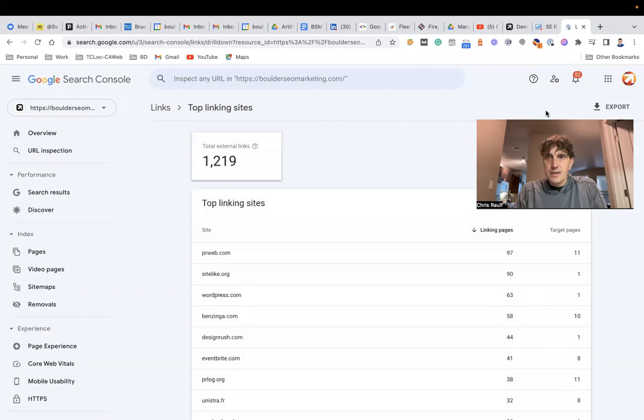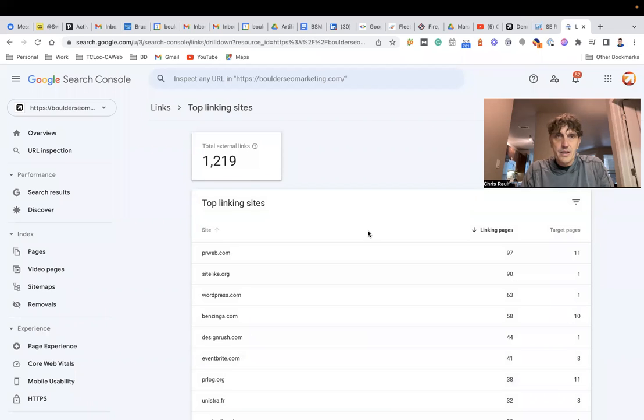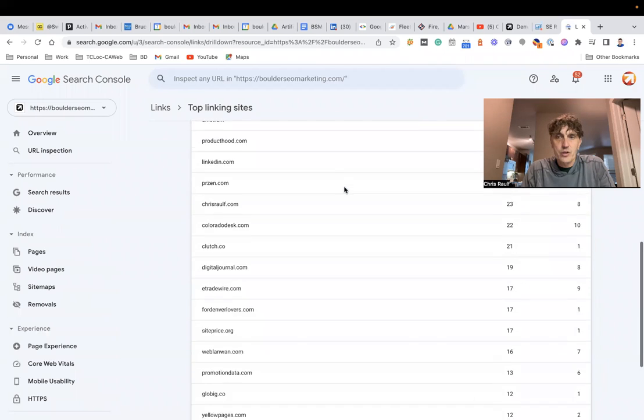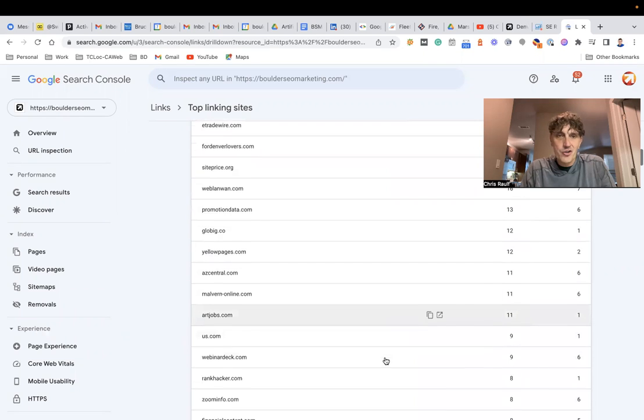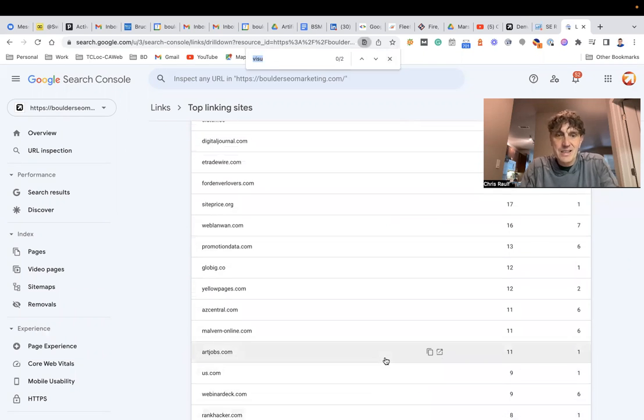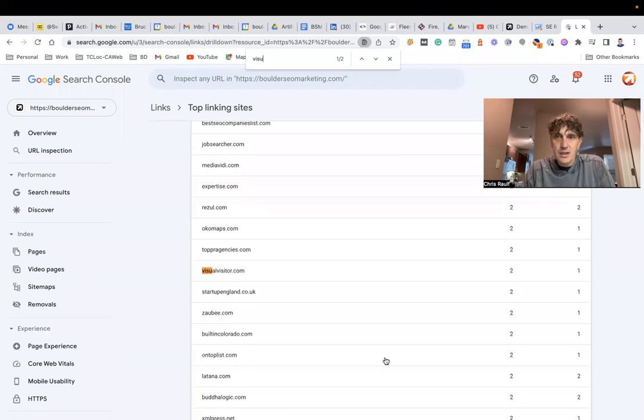Click on this tab here. Google is telling me there are approximately 1,200 pages linking back to your website. Why don't we expand this? Unfortunately, you can only see 500 links here, but let's take a look at this